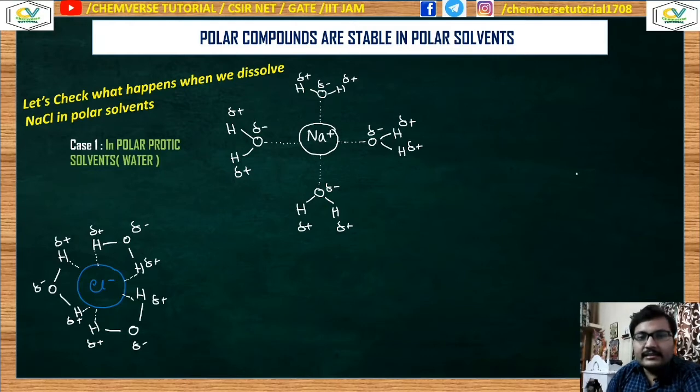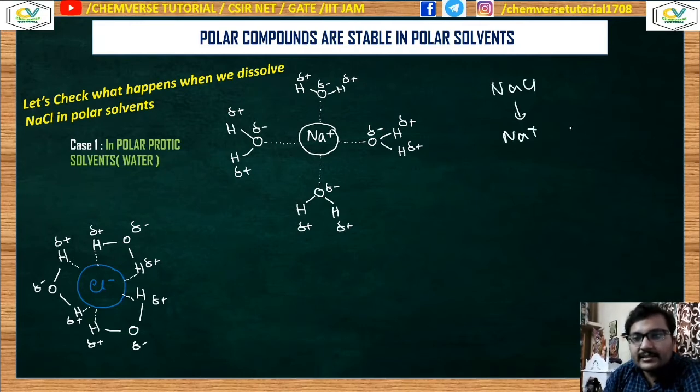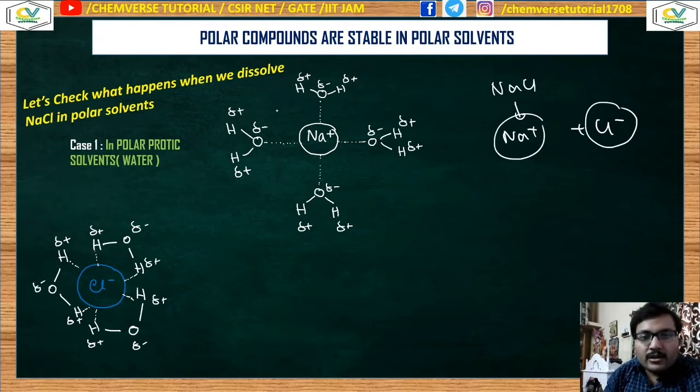Here, this is the case of the solvation process. In solution, NaCl forms Na+ and Cl-, and now Na+ and Cl- are surrounded by water molecules, which are the solvent molecules, in such a way that oxygen is delta negative, and this negative end interacts with your Na+, thereby stabilizing the cation. In a similar way, the positive end of the polar solvent can interact with the Cl-. This kind of interaction is called ion-dipole interaction.